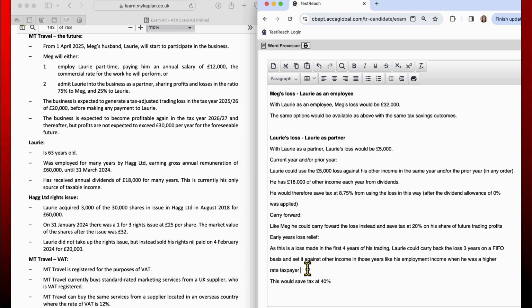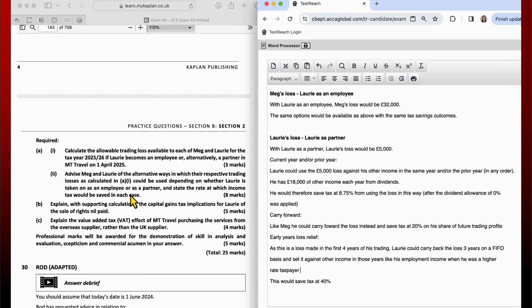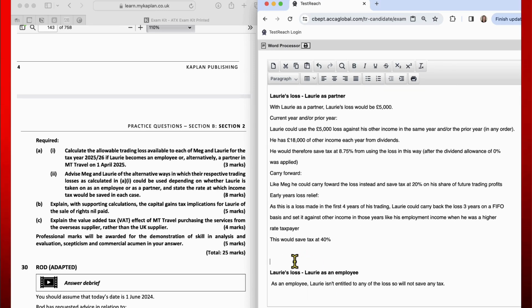Now, we're not asked to give an opinion, remember, so I haven't gone any further with that. Always go back and check your requirements. You have to be reading those on a regular basis throughout your answer, because otherwise the temptation would be to go, as soon as you say this would save tax at 40%, to continue on talking about, therefore, this is the best option for Laurie. We weren't asked to do that, so that's a waste of your time. What you were asked to do was consider